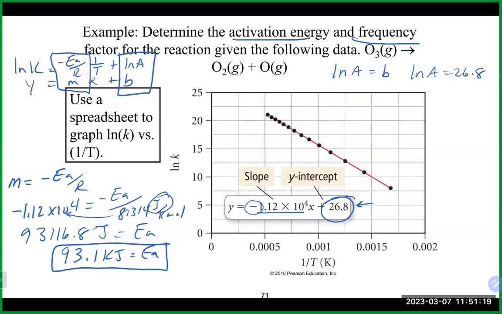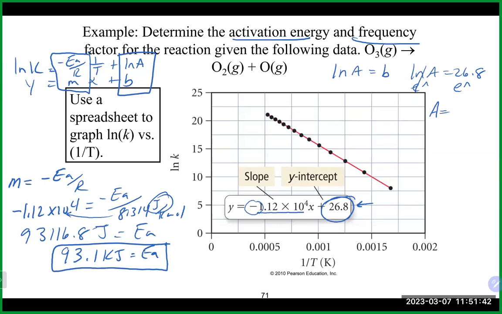To get rid of the natural log, we're going to take the e of both sides there. That will cancel those out and just give us A. Now we're not going to do any type of negative or anything like that. We're just going to simply take the e of the other side. And that will get us e to the 26.8,